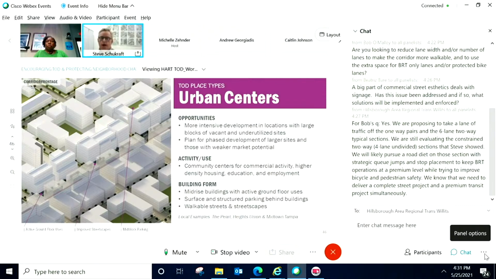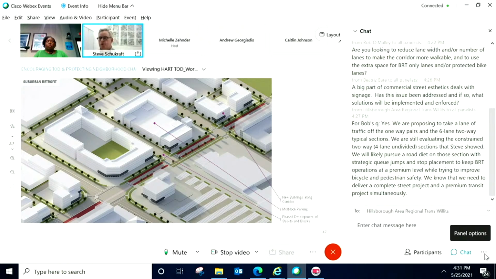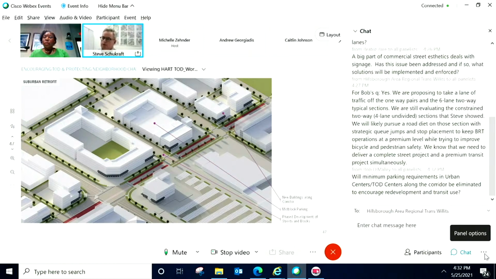So this is a sketch that shows what would happen north of 275 and the potential that exists in that location. And then for the larger scale suburban sites, this is a sketch for what could happen south of Waters: new buildings along the edge of new blocks and new streets with mid-block parking, nice walkable streetscapes, and the planning and coding that would allow for phased development over time. So as market conditions improved, this could be incrementally delivered across the full footprint of those large-scale vacant sites. And one of the key examples is the University Mall property, and that's how they're building out that site.